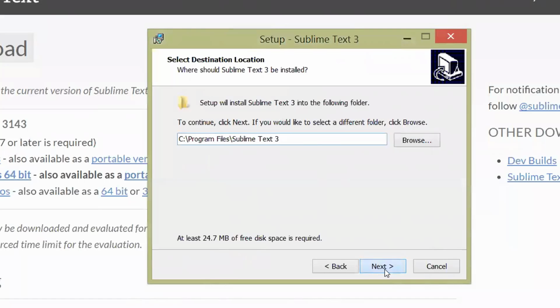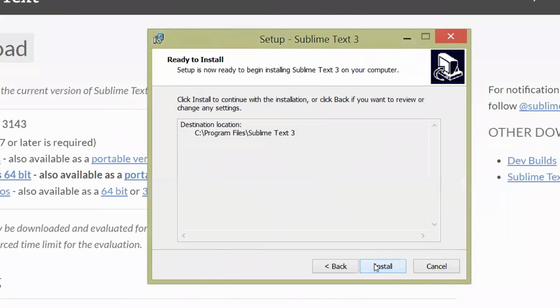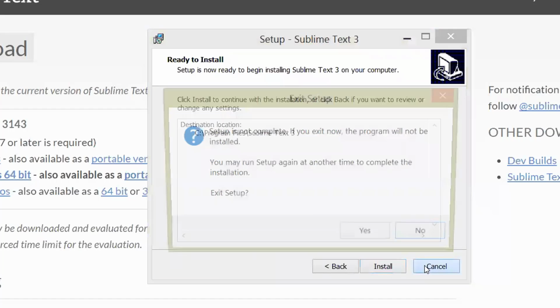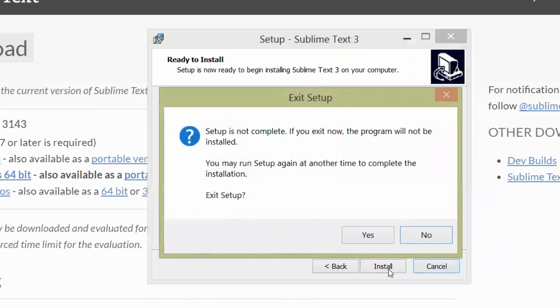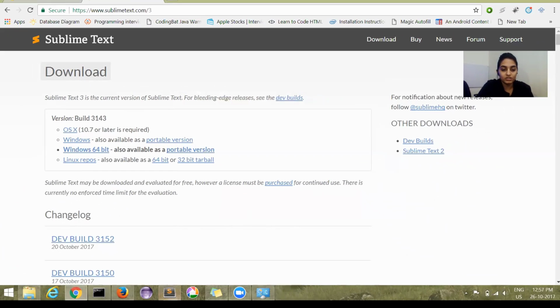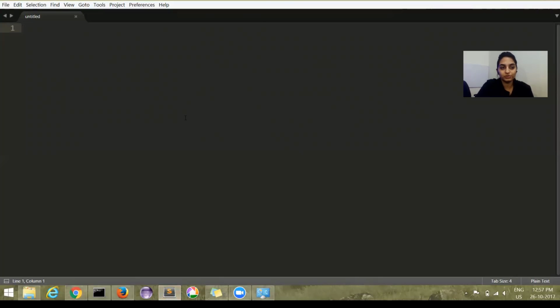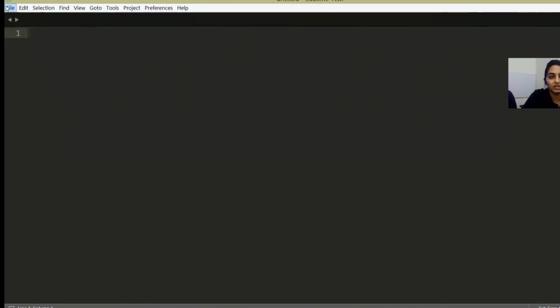Then click on next again, next, and then install, and it will install it for you. Since I already have it installed, I'll click on cancel now. You please go ahead and click on this install button. Once you have installed, you can go to your Start menu, or if you're using any other OS, you can go there and search for Sublime Text. This is what will open. Now click on File,